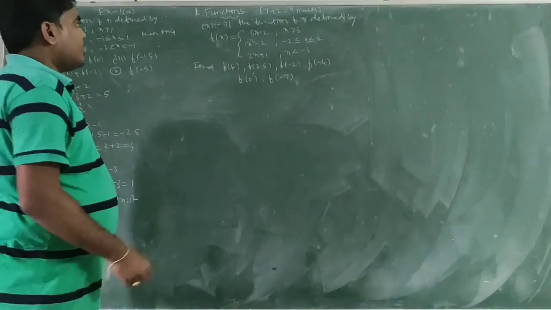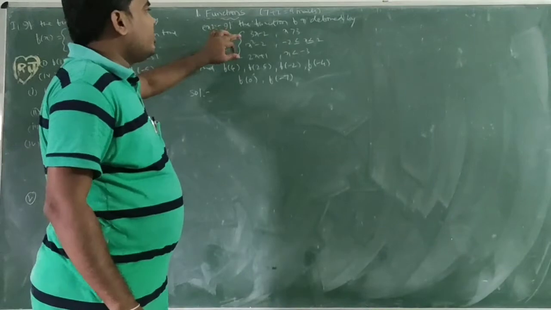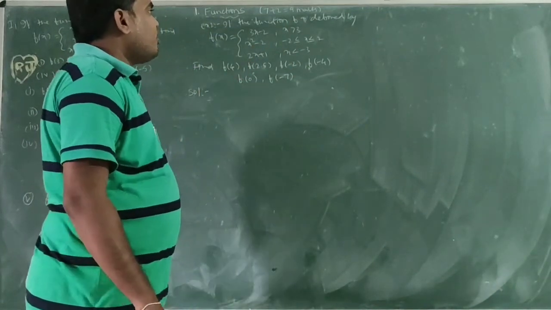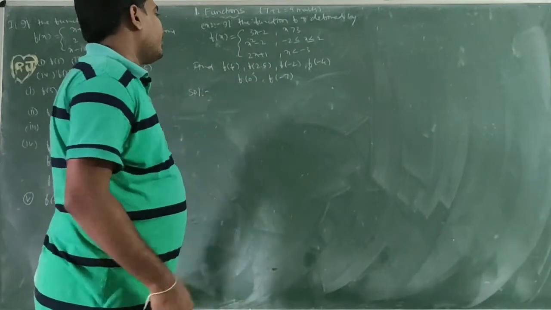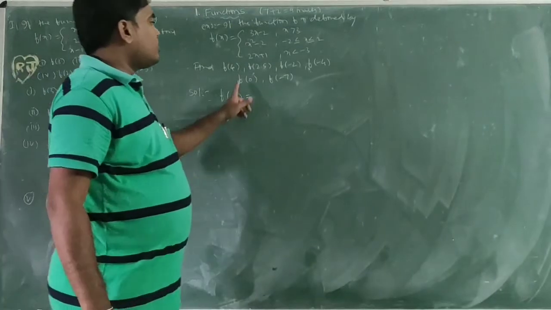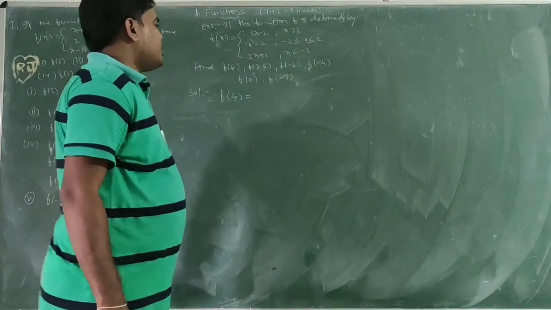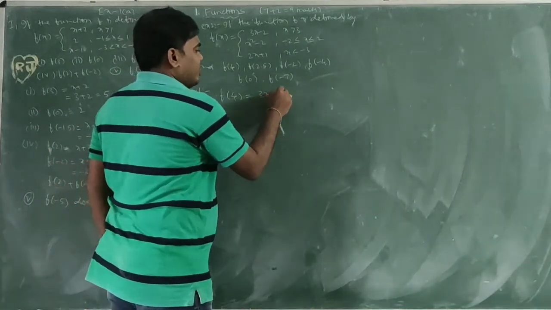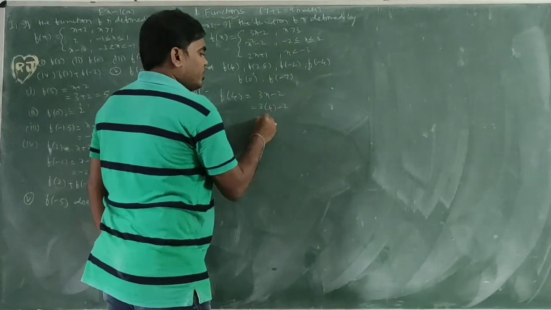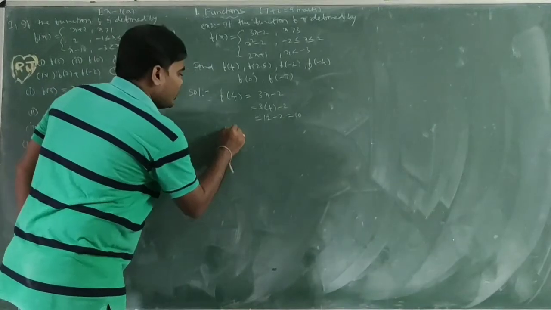Okay, now we will think about the solution. So here also three definitions are given for f of x according to the condition. We must select the condition according to the value. f of 4 equal to 4, x greater than 3. So 4 is greater than 3, we must choose the first condition, 3x minus 2. First I want to write 3 into x value 4 minus 2. 3 into 4, 12 minus 2 equal to 10.